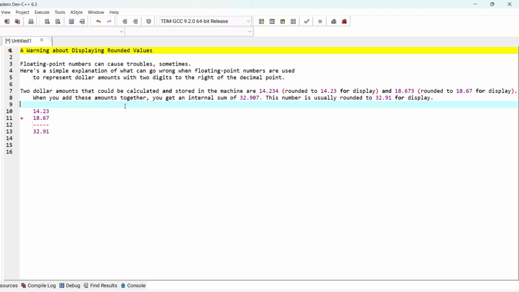And when the machine adds these amounts together, you get an internal sum of 32.907. This number is usually rounded to 32.91 for display. Now the machine in the store will tell the user to pay this amount,